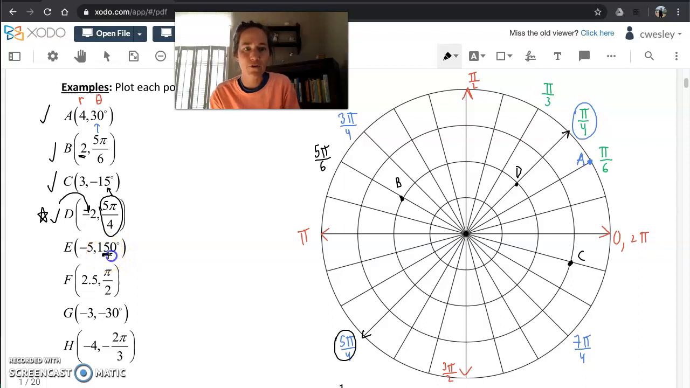Let's find this angle first, 150 degrees. Think of a quadrant, think of where that will fall. Well, 150 degrees falls in quadrant 2. It is also known as 5 pi over 6. We already have point B on this line, but because the radius is negative again, we're going to flip-flop to